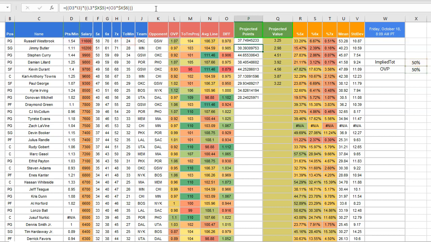There we go. So now this is your formula here at the top. Make sure you've closed out all your parentheses. And here's Russell Westbrook's 37.74 projection for tonight. Now, if I change the weights on these, if I want to weigh opponent versus position,